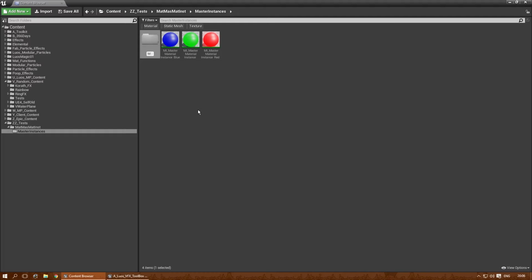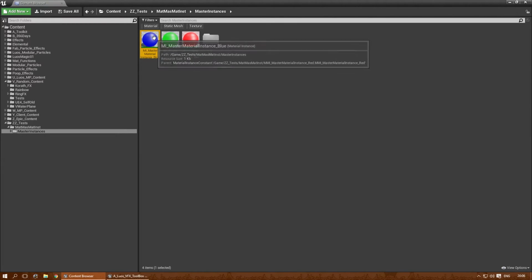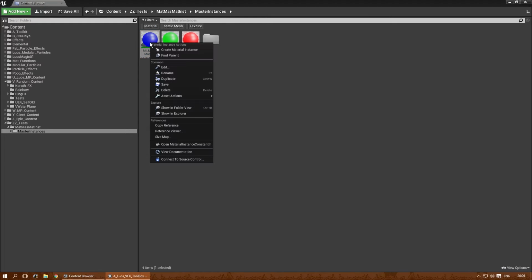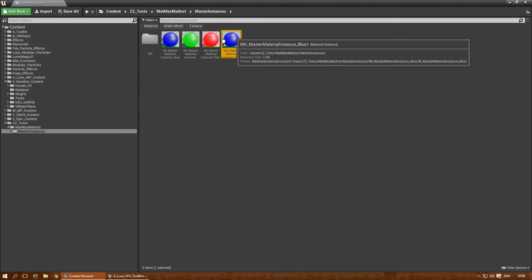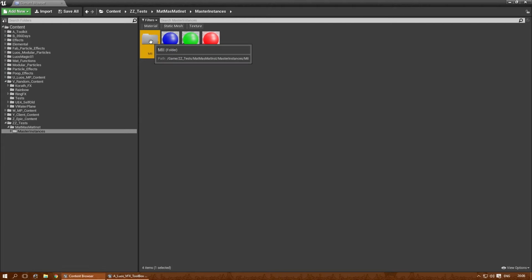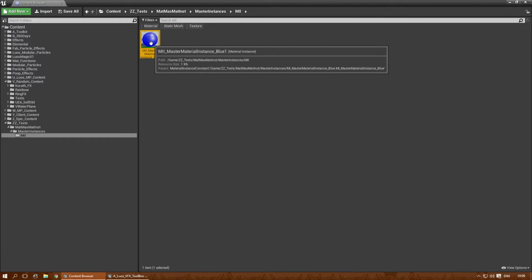Master material instance. Maybe that's even a better way for it. Material instance. And for the blue one, I'm gonna create a material instance. Material instance master blue 1. I'm gonna move it over here into the material instance folder,